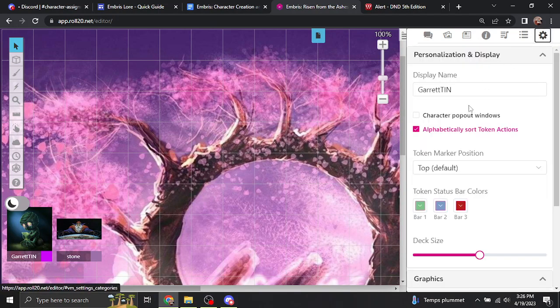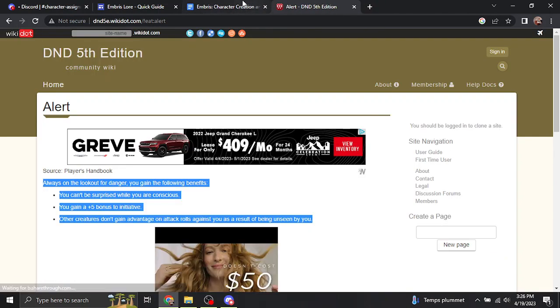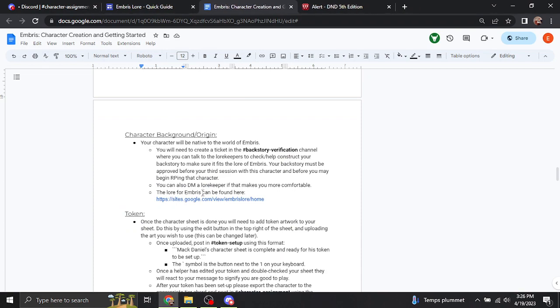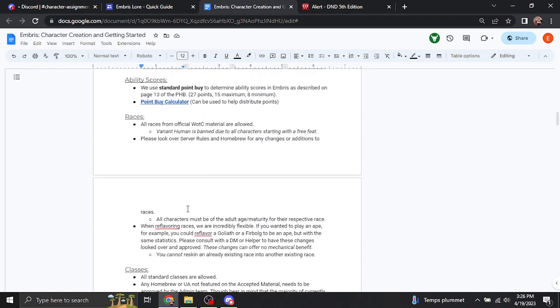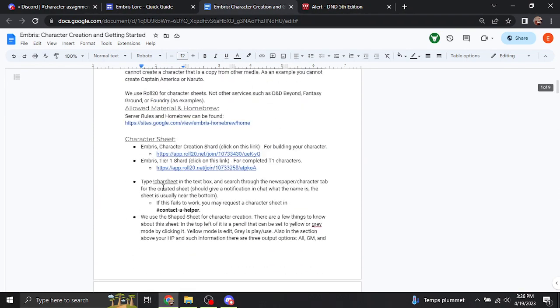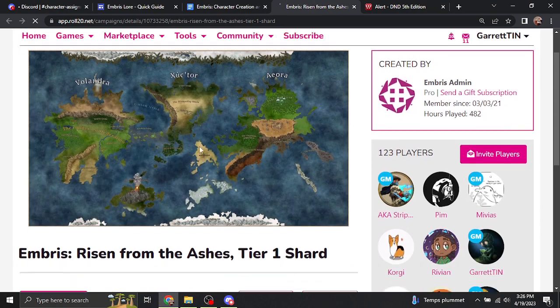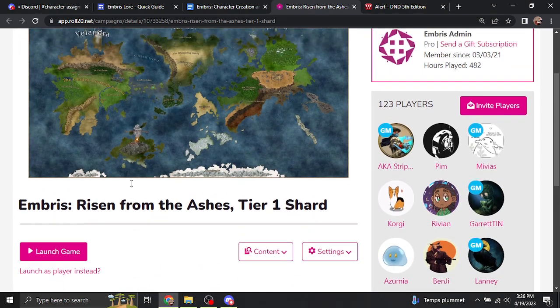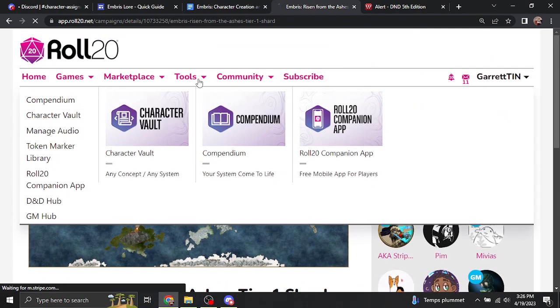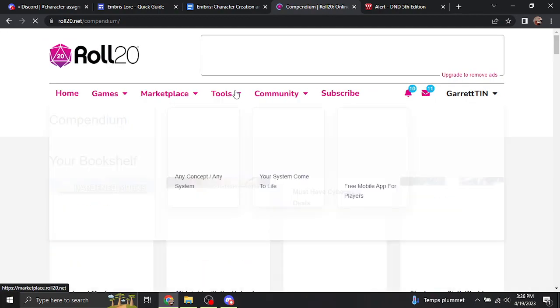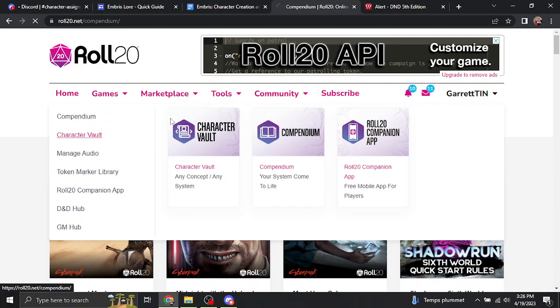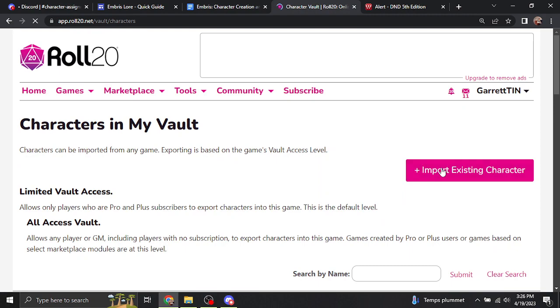So to do that, we're going to back out of here and exit from there. We'll go to here, scroll back up to the links to shards, tier 1. Click that. You will have to join it before you can export our thing to it, so you will want to go here and launch game. I'm already in it, so we're going to do this simply by Character Vault. So you go to your tools, Character Vault, and then you import an